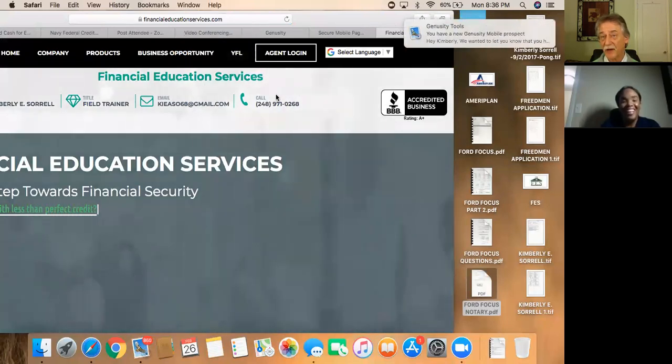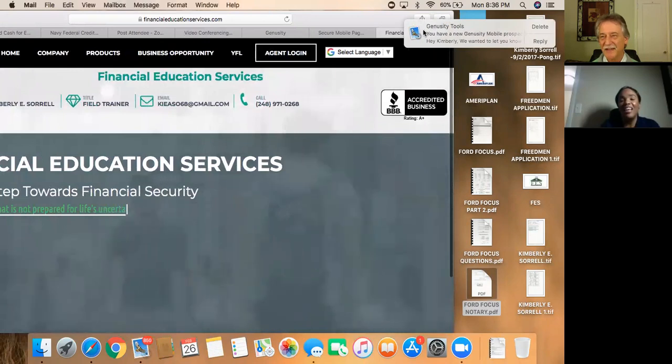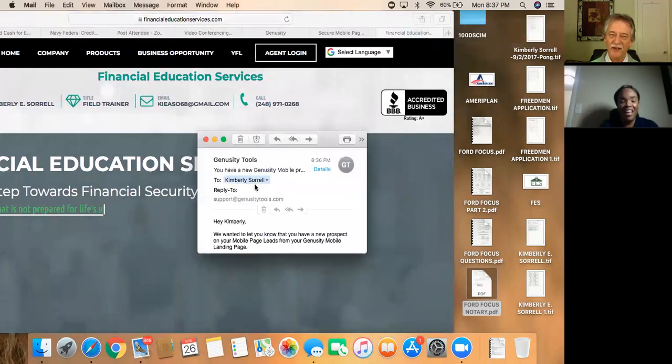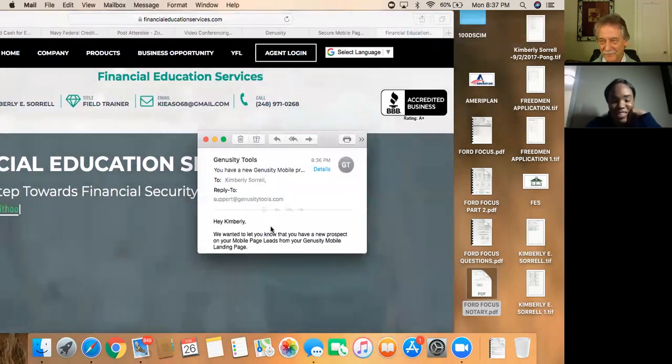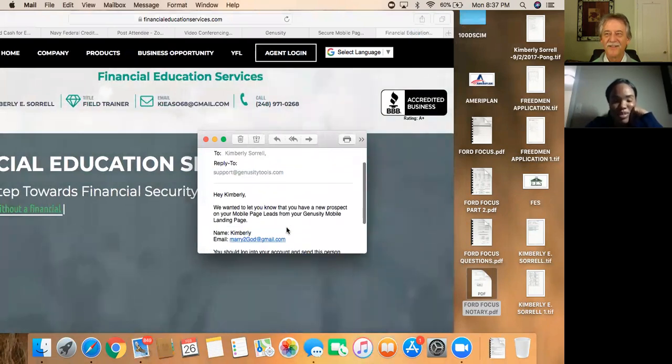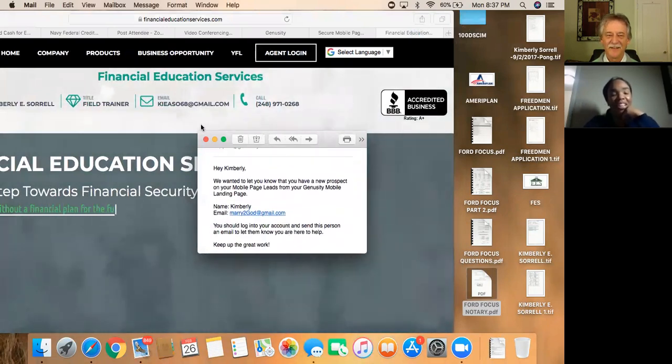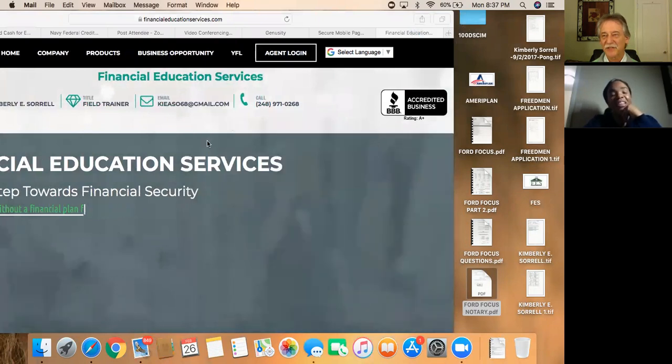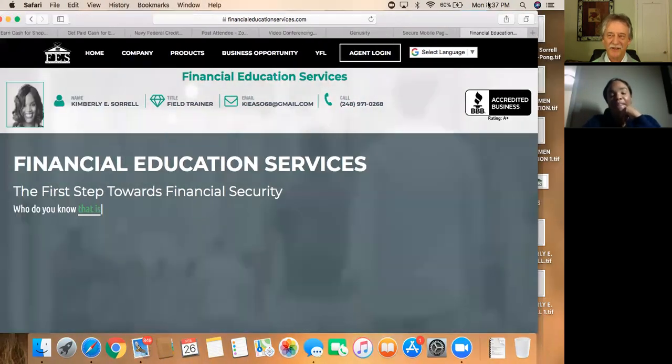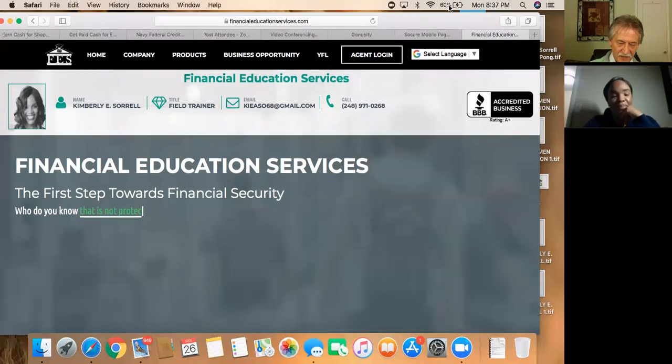Now, if you notice in that upper right, you see on your screen where you have an email notification. You have a new email. It's that fast where the email that you put in is now in your system. Isn't that cool? On your mobile. Oh, that's great. I love that. Okay, so every time someone gives you their email address and their first name,